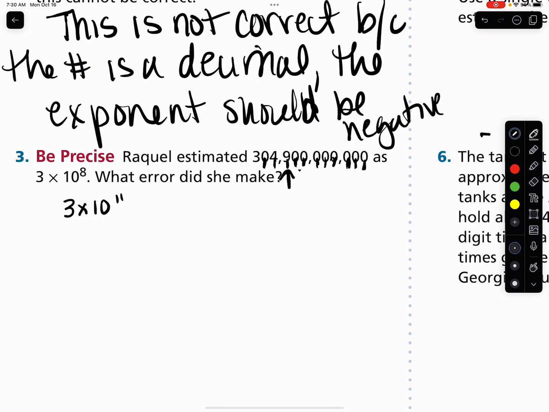So I'm going to confer with my book and try to figure out what she might have done wrong according to them. Because to me, she just counted wrong. But supposedly the book will go deeper, so we're going to verify. Let's see here. She miscounted the number of zeros. Yep, I was overthinking. The book said she miscounted